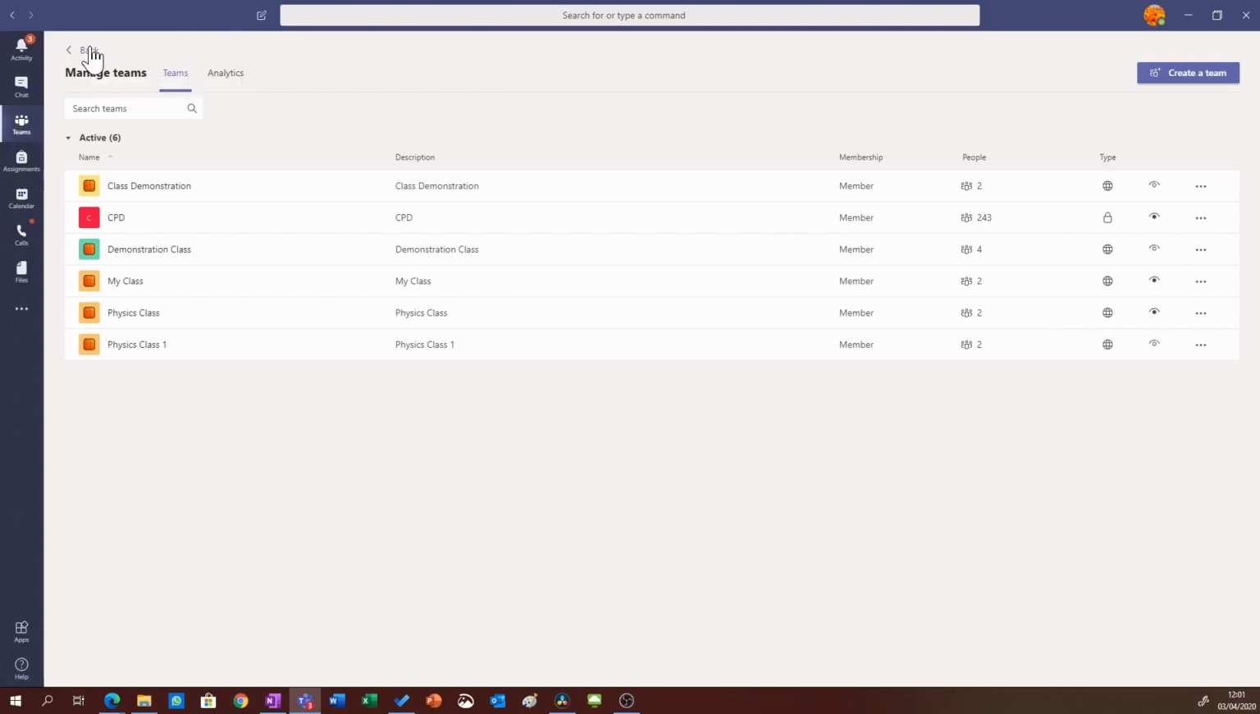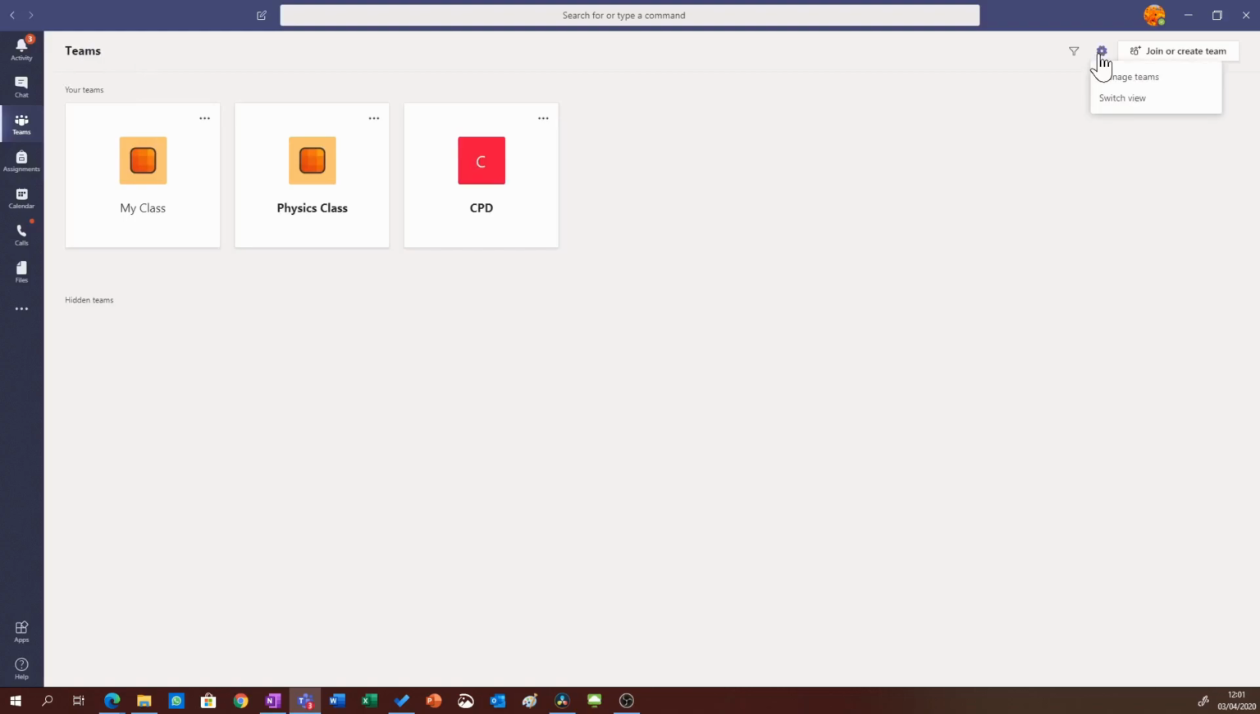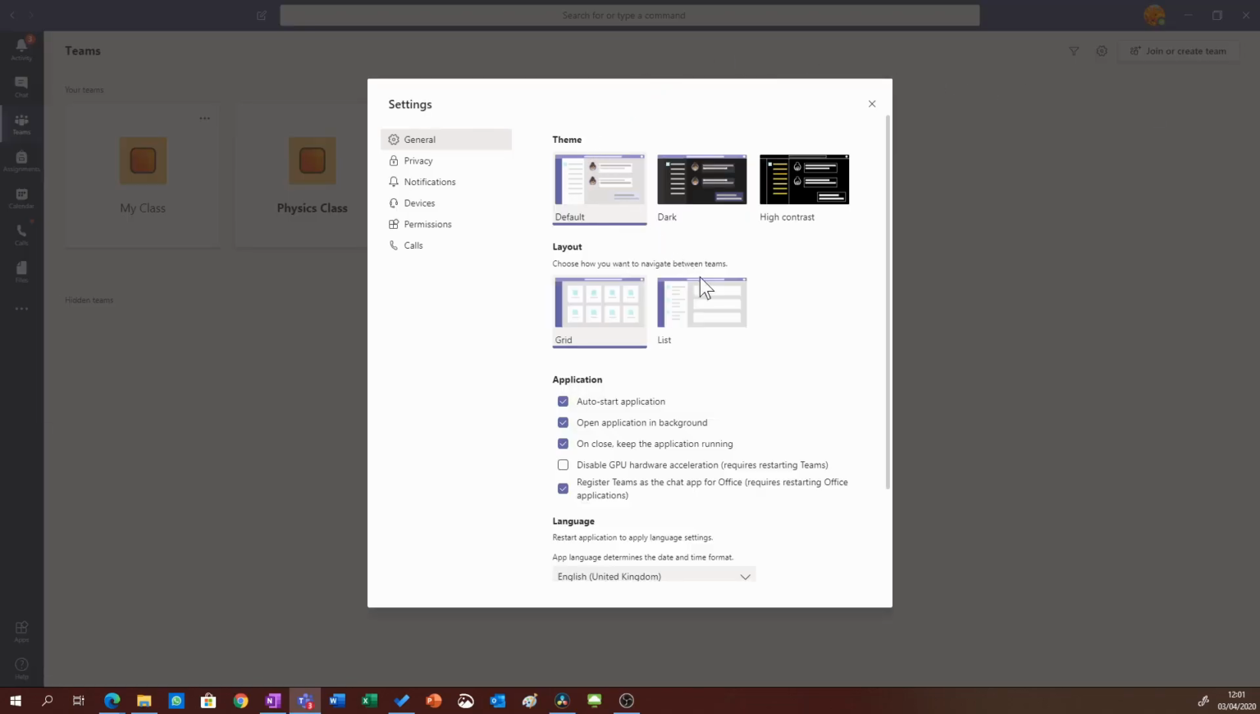If I click back, you can also switch view, and this gives you, it's slightly more complicated, but it does give you a broader overview of the teams and classes you've got open. So I'm going to click switch view, and I'm going to choose list